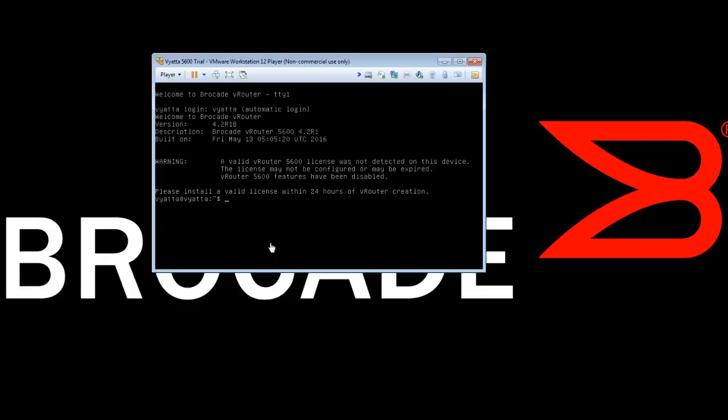Okay, and it's automatically going to log in as well because I'm on the live CD version. So there's no username and password, or at least it's going to automatically log me in from this live CD version. So the next thing we're going to do, I'm going to do a show interface and make sure I actually see an interface, which I do. So you see my interface here,